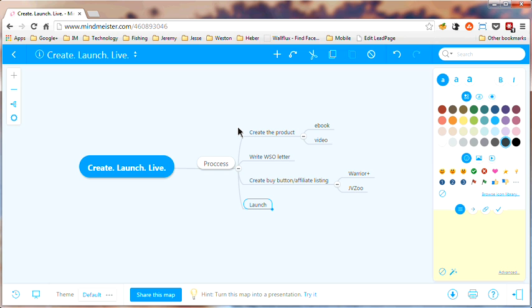And there's several things that can be involved in the launch process, and we're going to go through all of